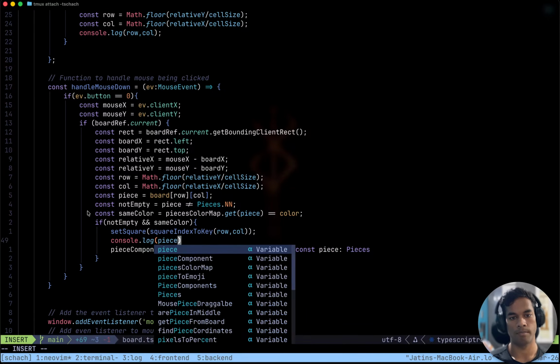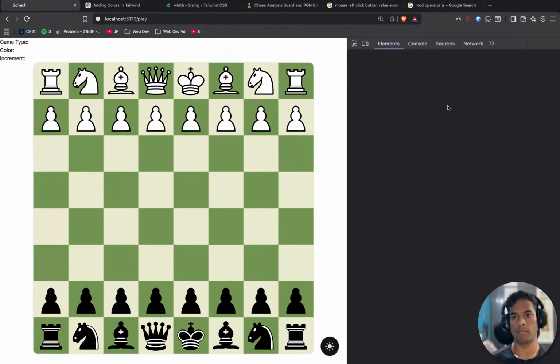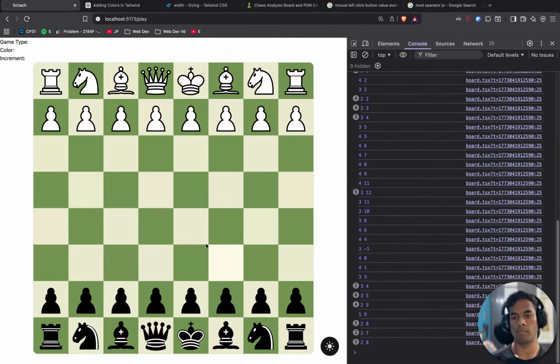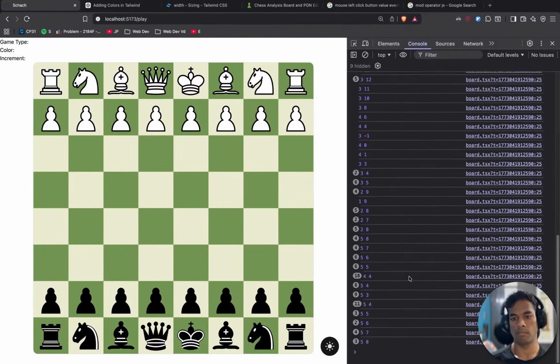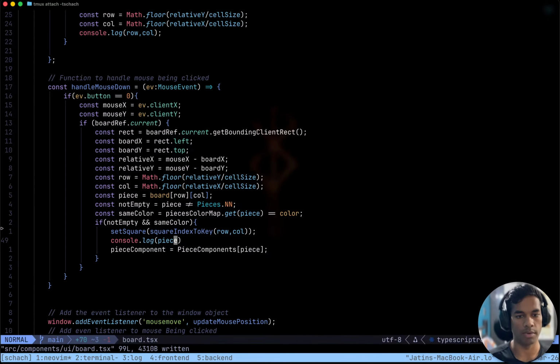Console.log piece. Okay, piece is nothing. Okay, piece was not printed.